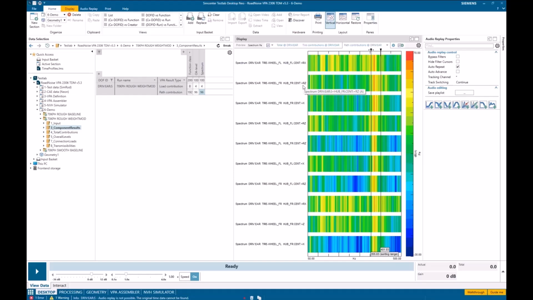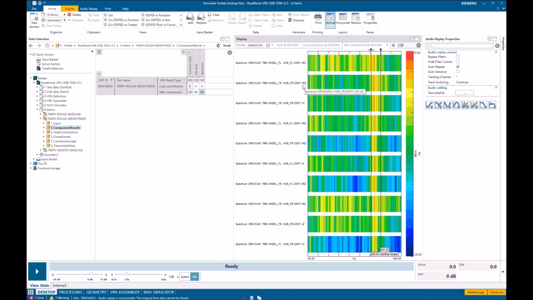So this is really just to give you an idea of what kind of contribution analysis you can do given a virtually assembled component or series of components that are put together virtually. Using CAE data, any test data that you'd have available. You can put these things together and then start playing what if scenarios and see what is the difference. What will this cause me a problem if I do this? Would I be better off with a better, different subframe?